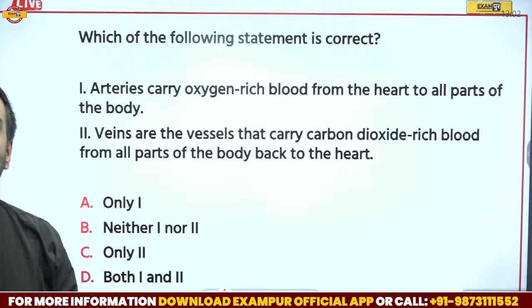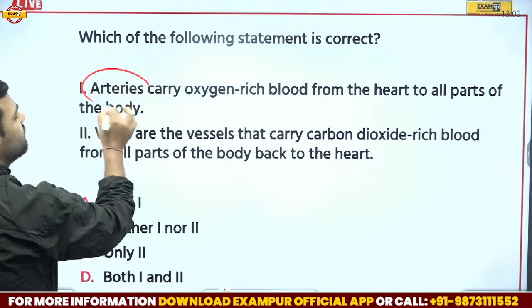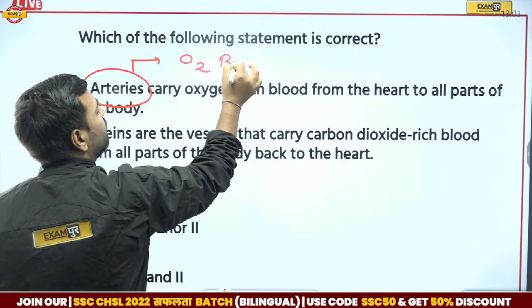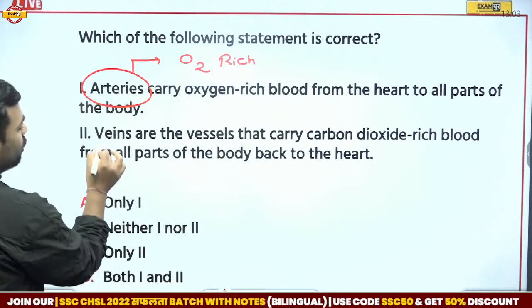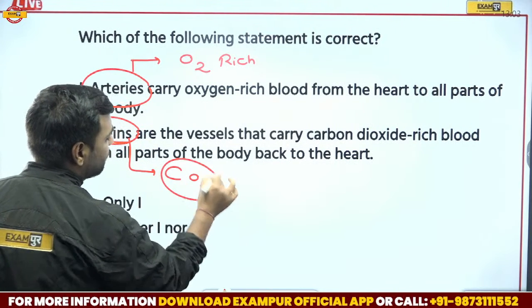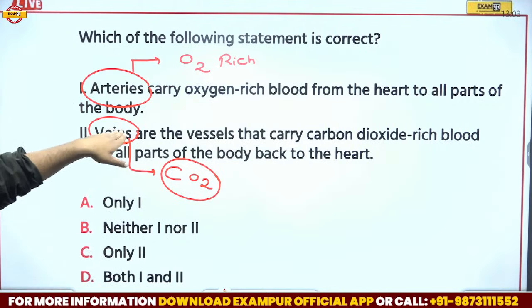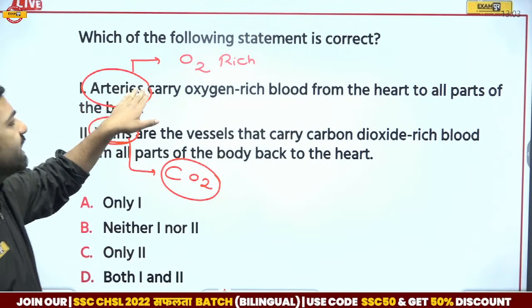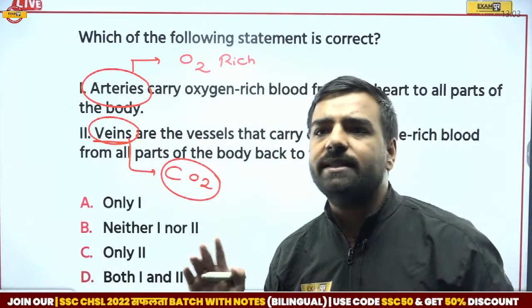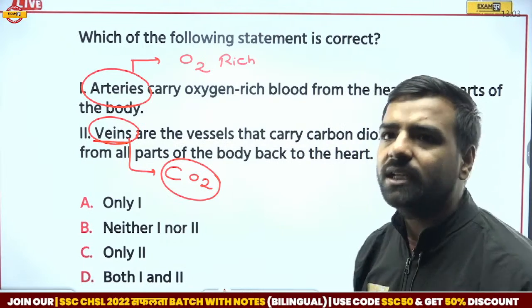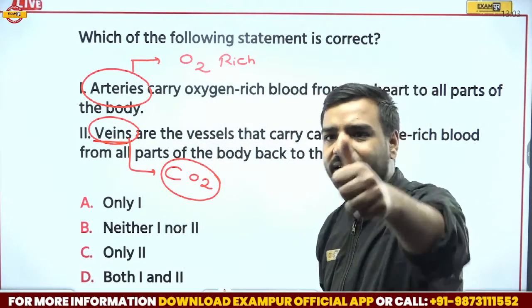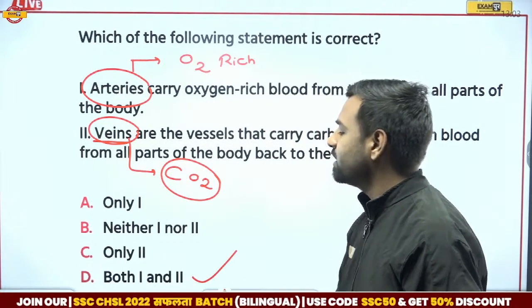Shubham, Kirti, Jagdishwan. See, when we are talking about arteries, we know that arteries are the ones which carry oxygen-rich blood, and we are aware of that part. If I talk about veins, then veins are the ones which carry blood containing carbon dioxide, and hence we say that they carry deoxygenated blood, while arteries carry oxygen-rich blood. So if I go with these options, Shubham is going with D, Jagdishwan is also going with D, and Kirti, I guess you are also going with option number D. And yes, you all are correct. That is both A and B.